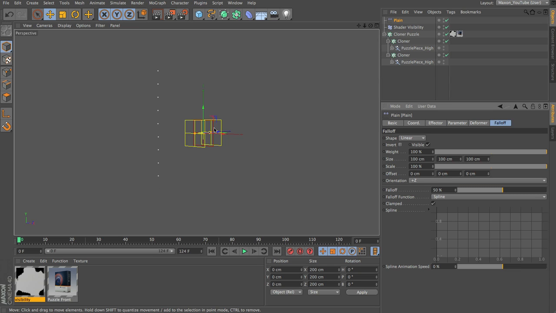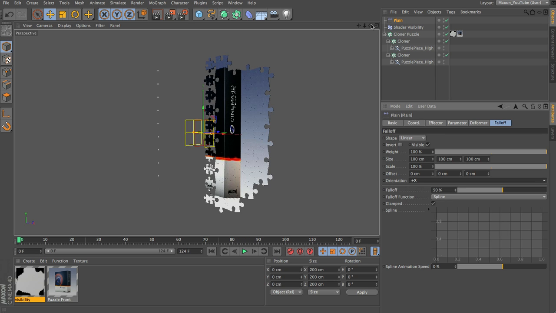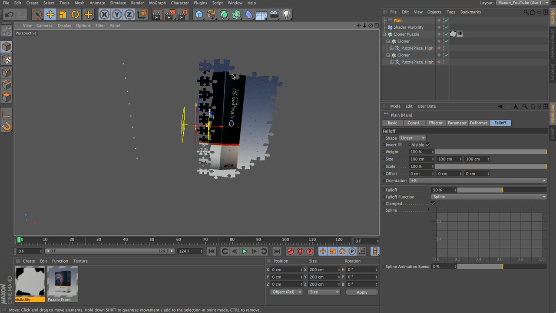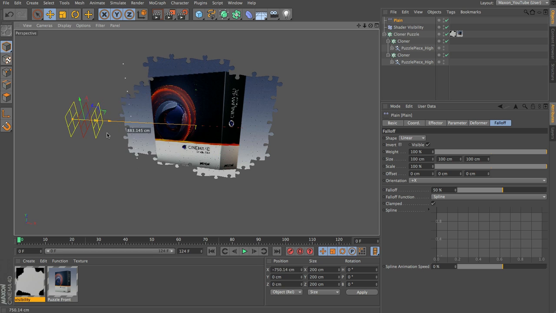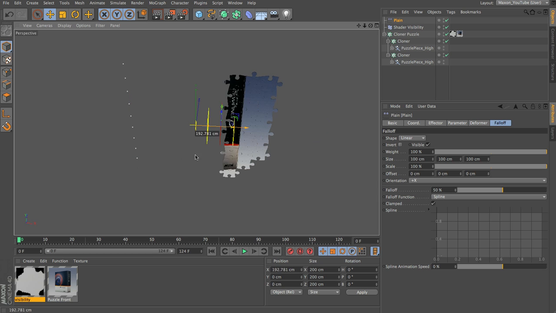And through the transition that we set here, the clones will interpolate between being affected and not being affected. Now I'm going to set the orientation to be +X, and as soon as we do that you can see that our plane effector turns around along the X-axis, and all of the clones on this side aren't scaled down, and all of the ones on this side are. And if we grab this and move it across, you can see that they scale up as we move it across.